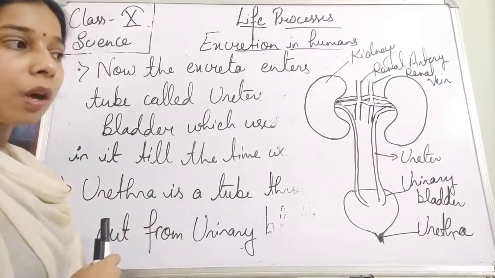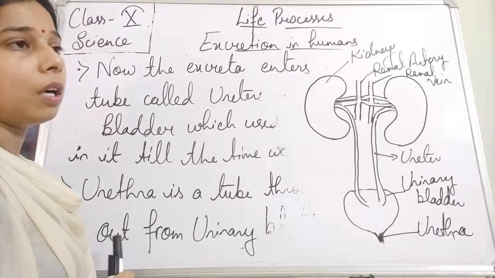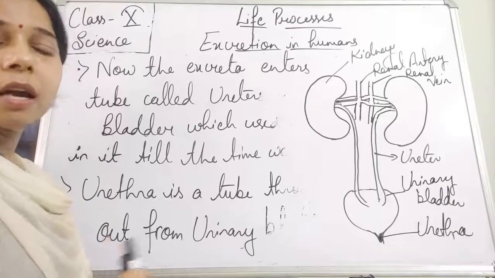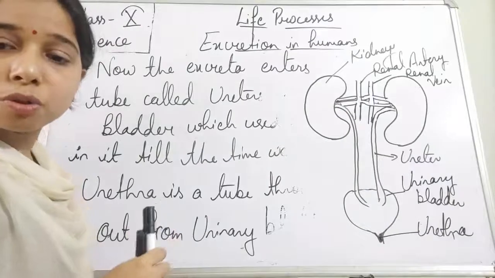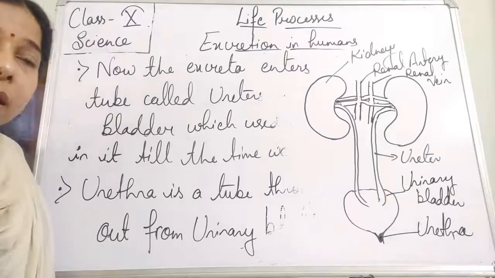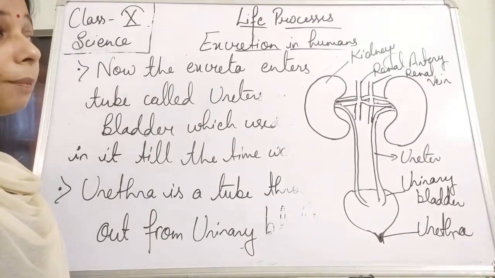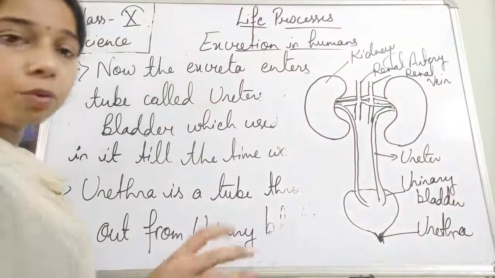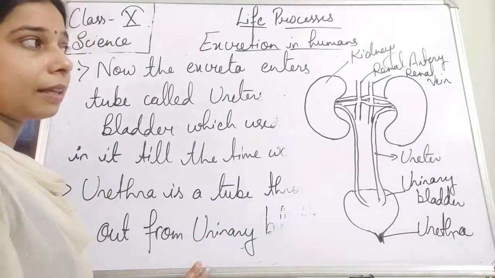And the blood gets purified. So what are the different waste materials present in it? It will include urea, students, especially, and some waste salt as well as excess water. So by this the blood gets purified with the help of the kidney. So the function of the kidney is to help in removal of the waste material present in the blood.